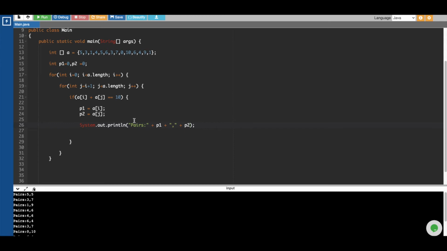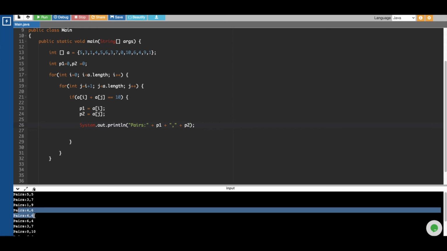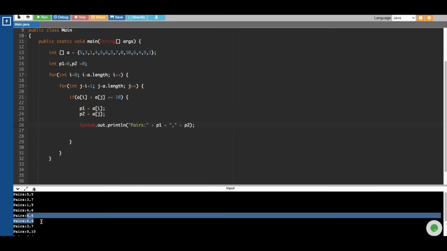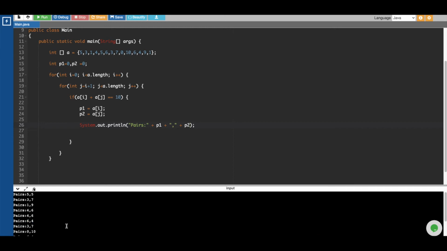Think over it. Just pause the video, think of the logic for a minute or probably for 2 or 3 minutes, and think, okay, we got these possible pairs. Now what logic should I have in place so that I can remove the duplicate pairs? Duplicate pair means 4 comma 6, 4 comma 6 is a duplicate pair here. And 4 comma 6 and 6 comma 4 is also a duplicate pair. So you have to think about this scenario also while removing the duplicates. So what logic can you think of?